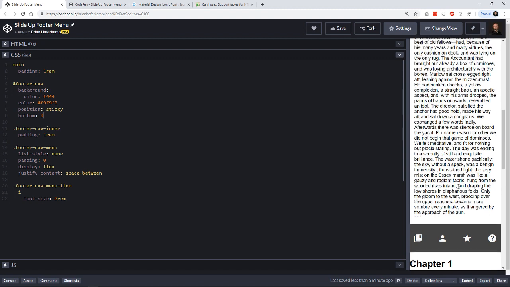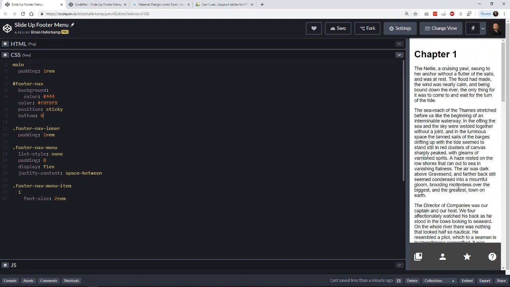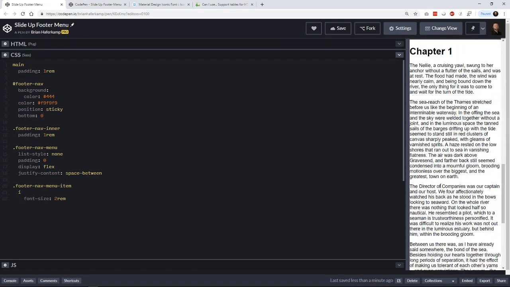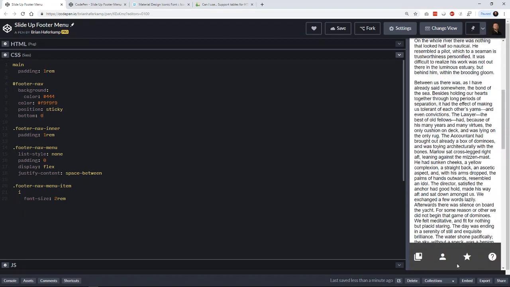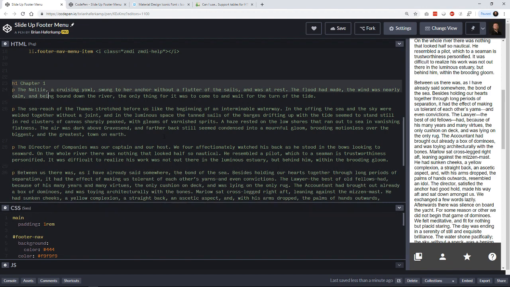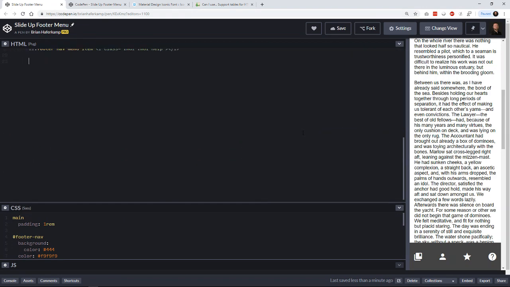So this is sort of the reverse effect. Before it gets to this element, it sticks to the bottom, but once we get to the element, it unsticks and then keeps going in the flow. Okay, so it's only when the bottom of this element meets 0 that it sticks, which is what we want. We don't have anything else after this, so if we want to stick it to the bottom, we should just make sure it's the last element,